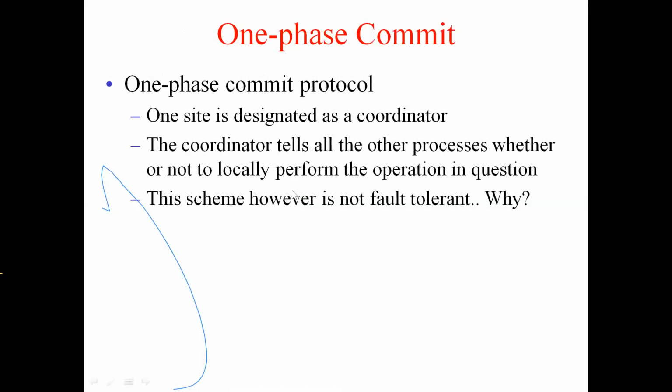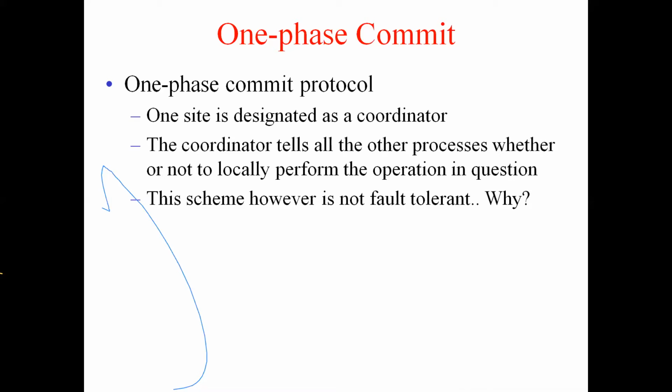So we have multiple commit protocols. The most simple one is a one-phase commit protocol. I'm giving this because you need to understand how things are working, but obviously this does not work. One phase means one set of operations which are used to form the commit operation. One of the sites is designated as the coordinator. Site just means my transaction is taking place at multiple sites. There are multiple nodes, and any one of them is designated as the coordinator.